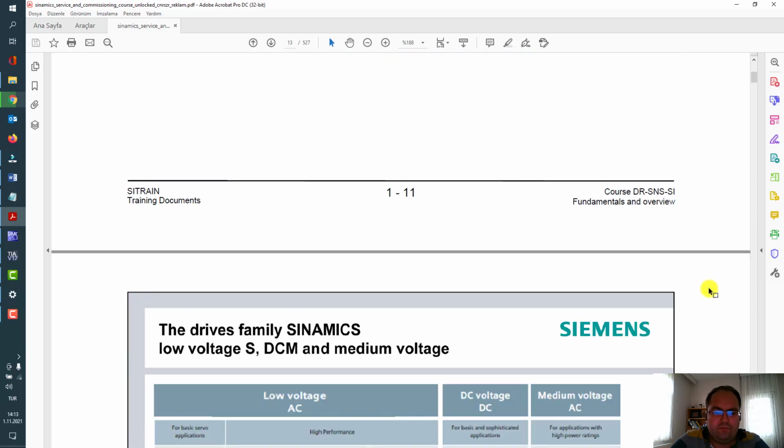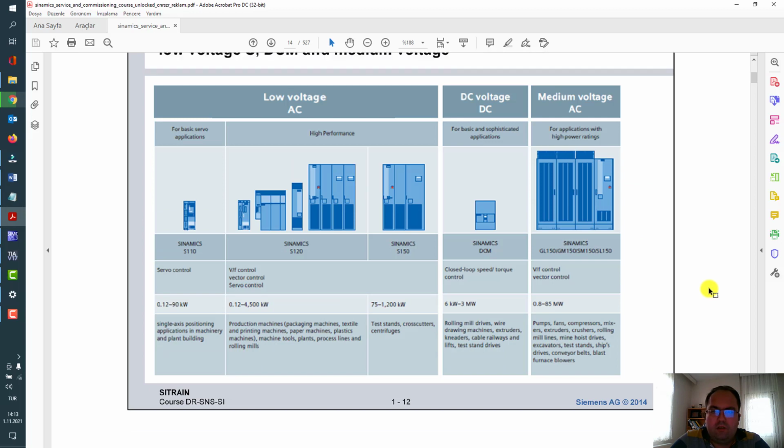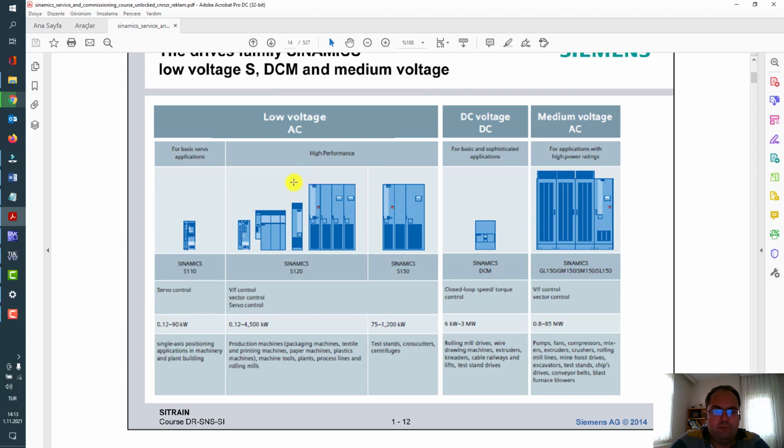At the next page, the product family will continue with basic servo applications. Sinamics S110 for single axis with power modules PM240 or PM340, 350 with control unit CU305. For the low voltage AC system or high performance solution of Siemens, there are Sinamics S120